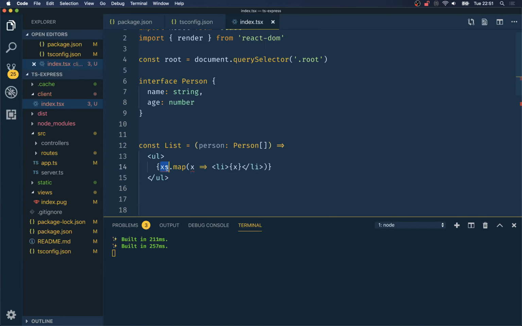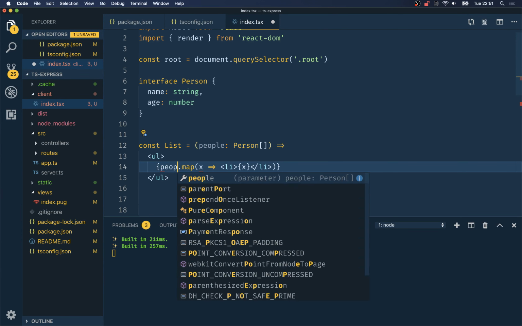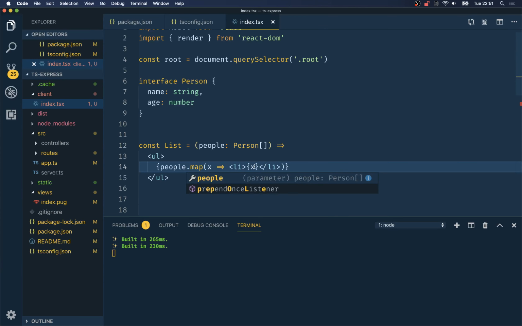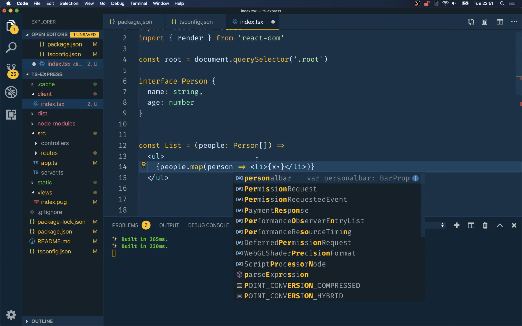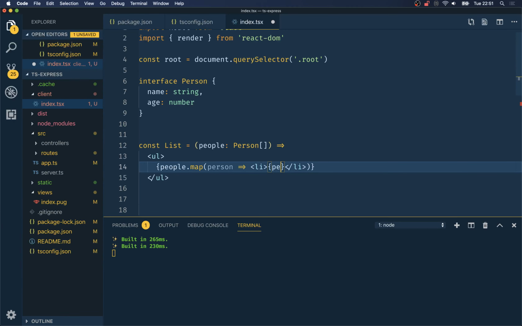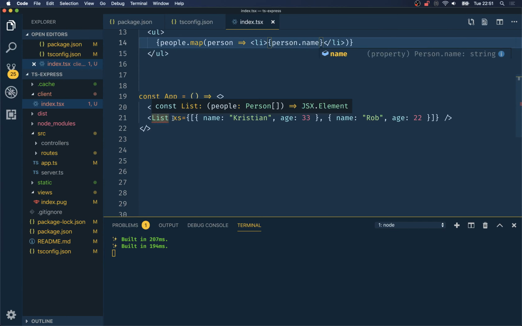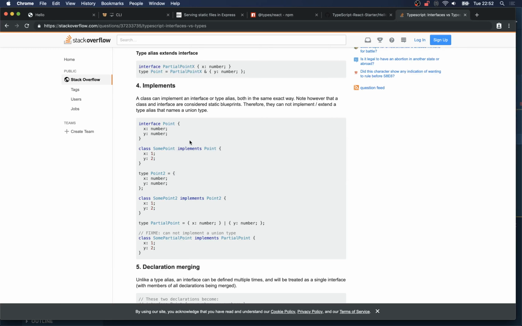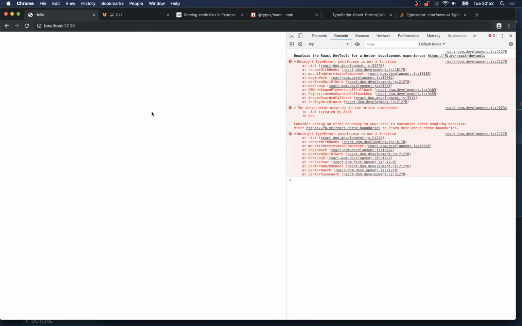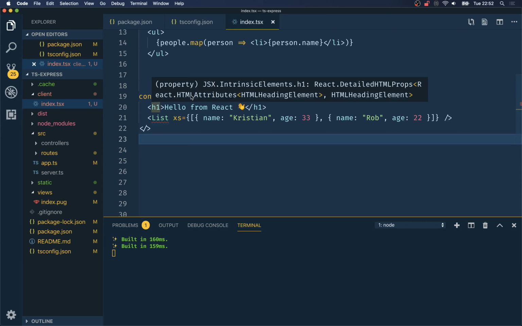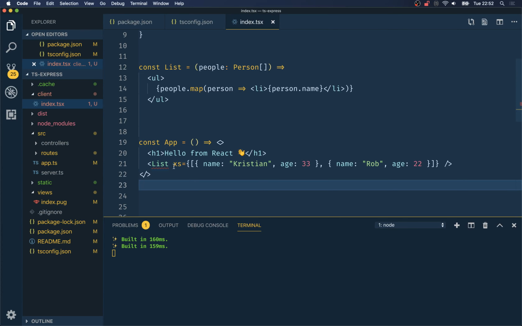And oh, actually, people dot map, and I know, yeah. So then we take in our person. Let's put some decent names in here now, and person dot name. And we're just throwing away the age at the moment. Okay, so people.map is not a function, and that's because in here